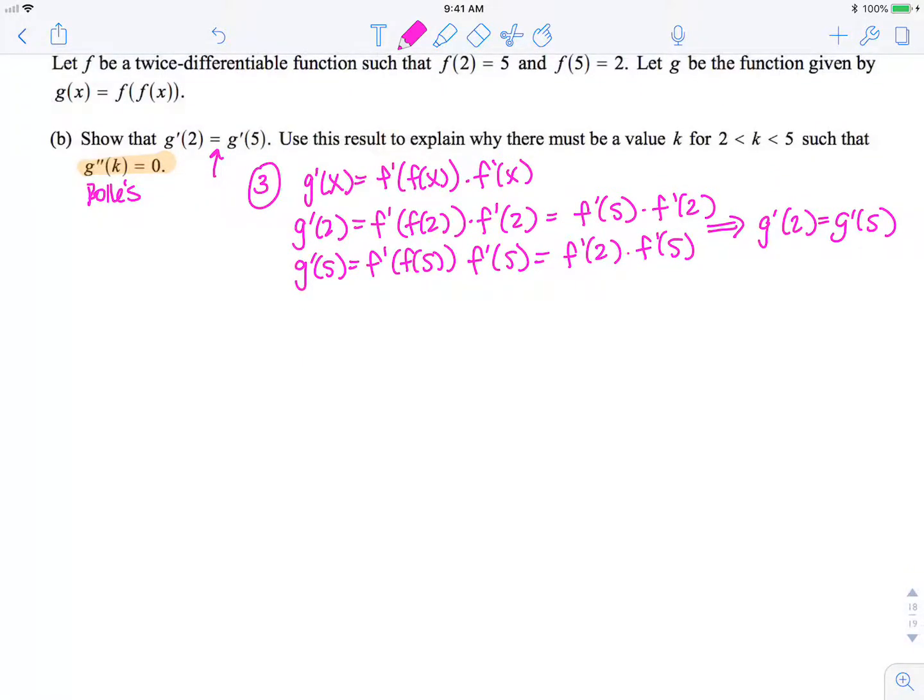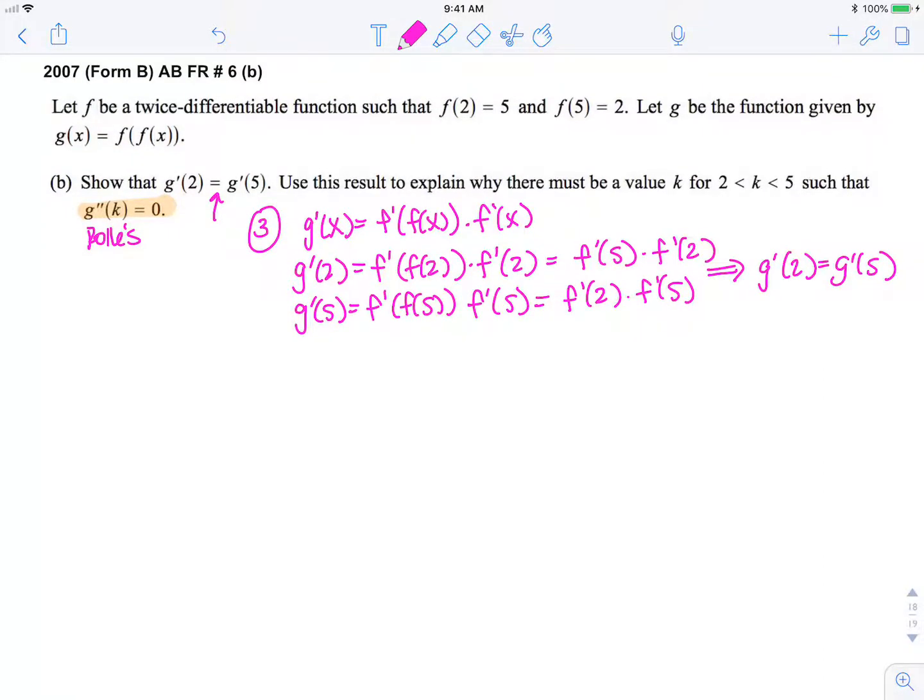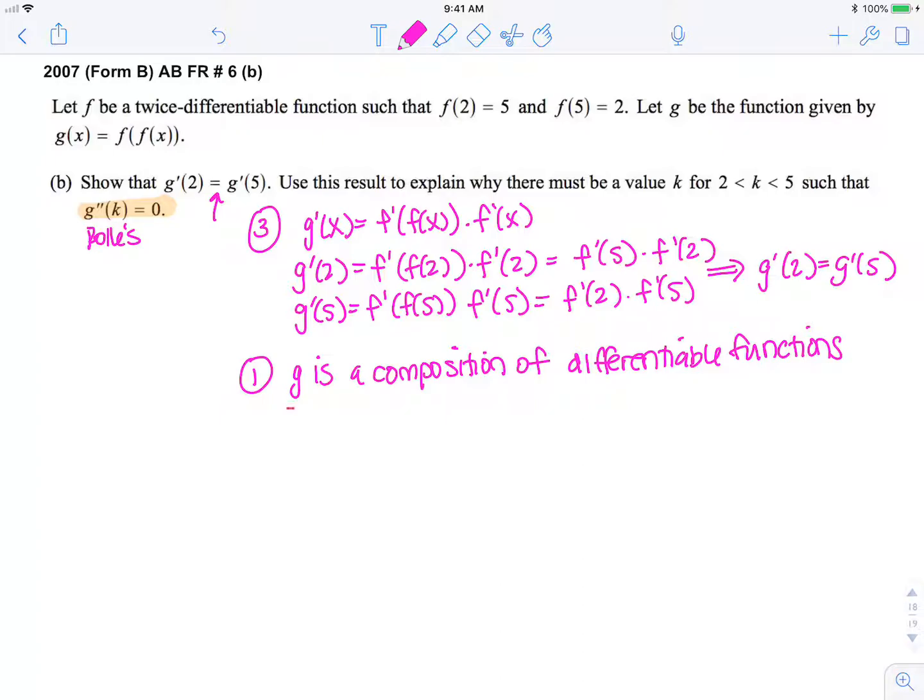Let's go back to the first two. So the first one is that it must be continuous. And how can we show that? So we know g is a composition of differentiable functions. So g is differentiable. And since it's differentiable, that implies that g is continuous